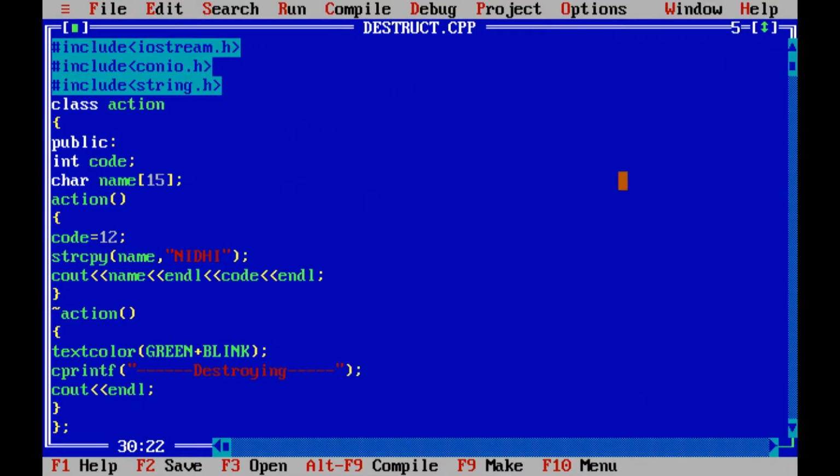So today we are going to see the use of destructor in this program. This is a simple program, we are just using a class named action. That means our constructor name will also be action, and destructor name will also be action. Now let's see, the header files are the same. We have kept everything under the public section. Public is our